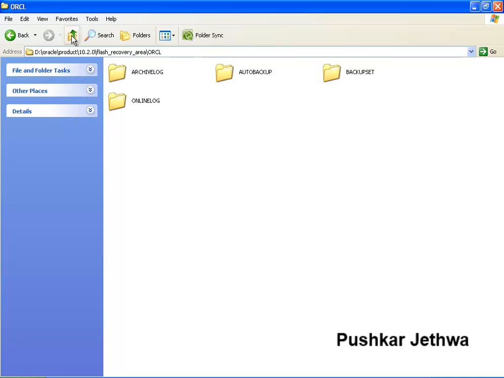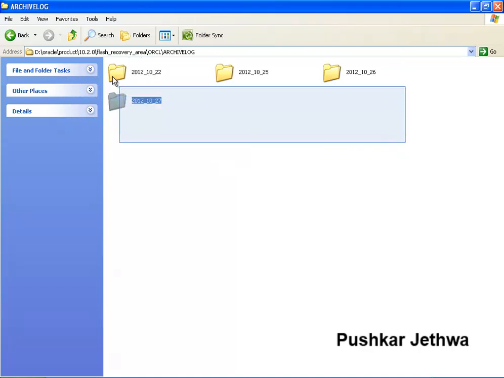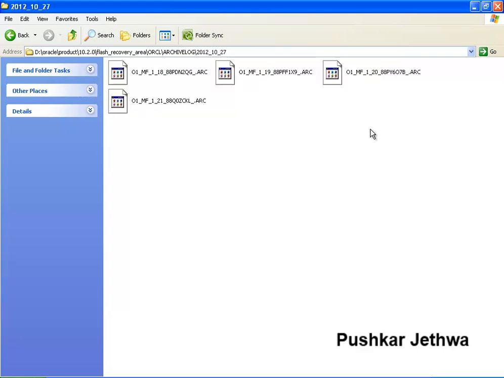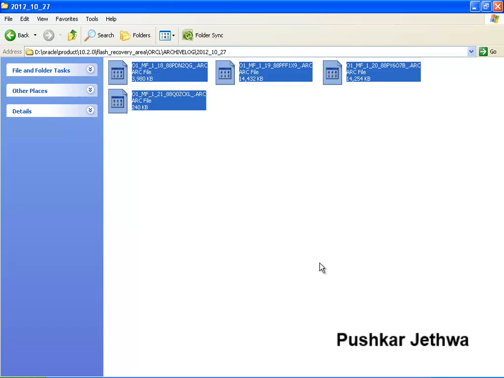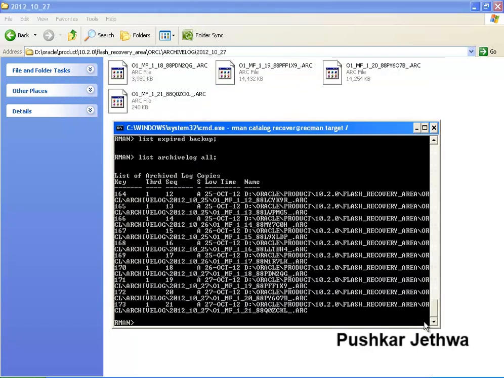Here you see there are date-wise archive log sets. It is the current archive log. Well, I am going to take the backup of all the archive logs,